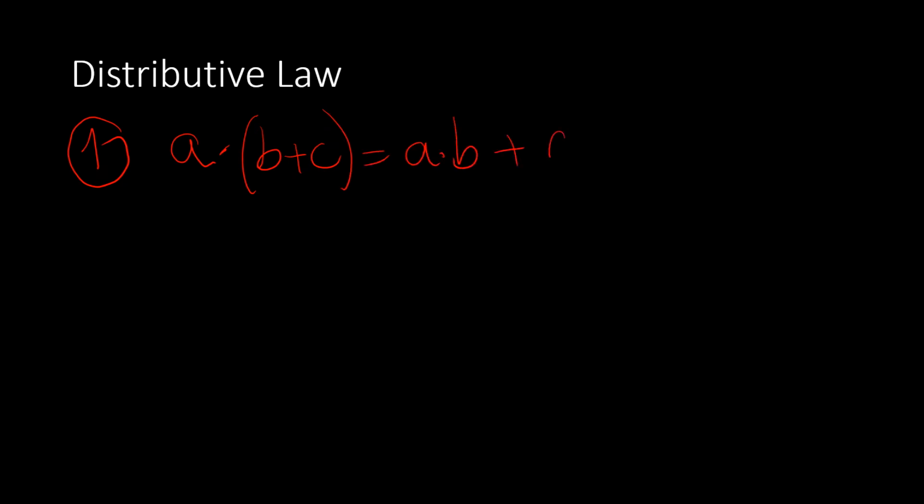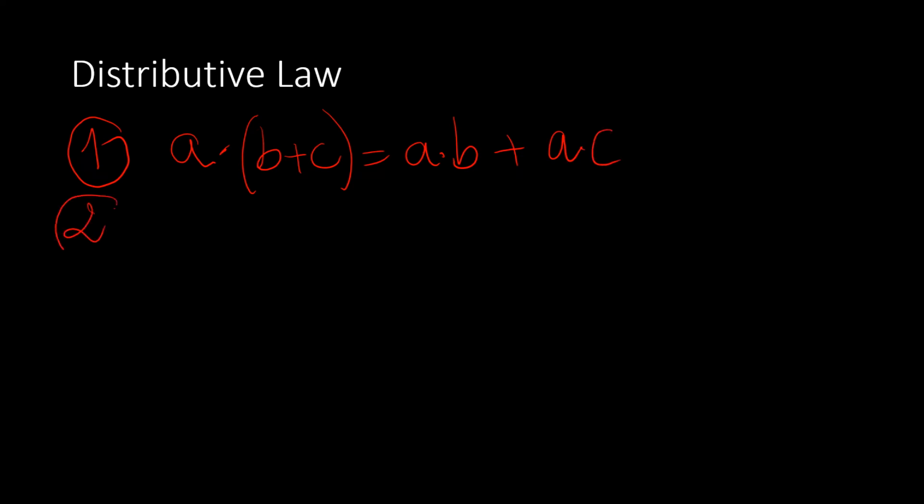Distributive law. Here we have two laws. We distribute the OR operation over the AND operation, and the opposite, we distribute also the AND operation over the OR. So first let's write the first theorem in the distributive law. If I have A ANDed with B or C, this is equal to A and B or A and C,